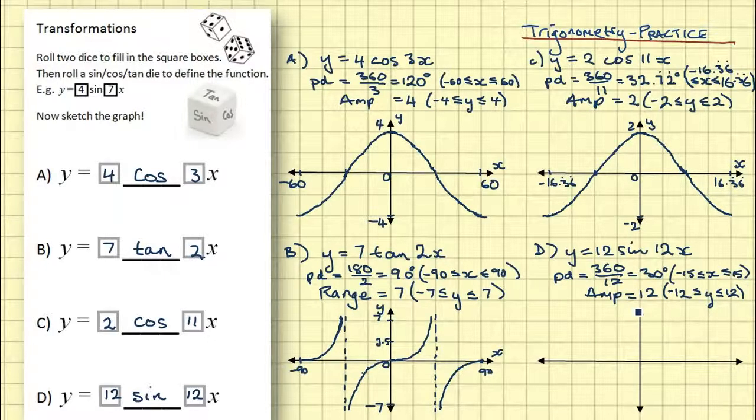And let's start this time by putting on, now I know I'm going to be able to fit my y in perfectly okay. My x with a sine graph, well, let's put the x here again, see if that works. Should be okay. I'm going to put my beginning and end of my period, because I'm just going with one period here. So it's going to be from minus 15 to plus 15, and my range is from 12 up here. I have actually run out of room, let's put it there, to minus 12 down here. Okay, now we're ready to sketch